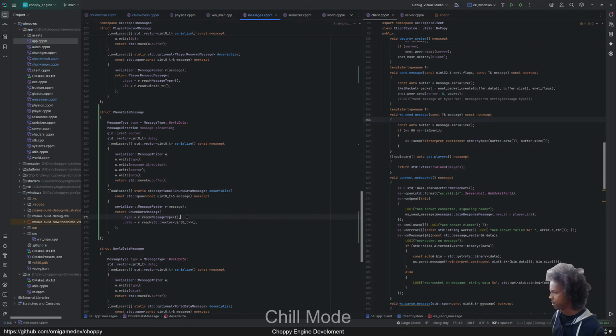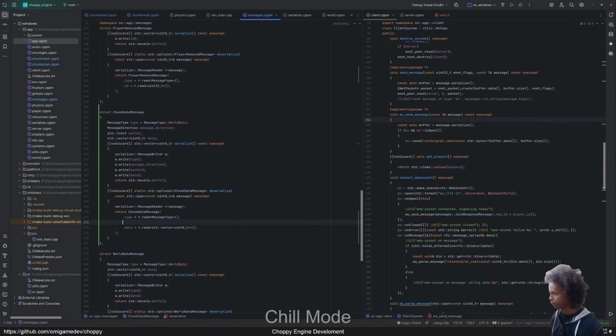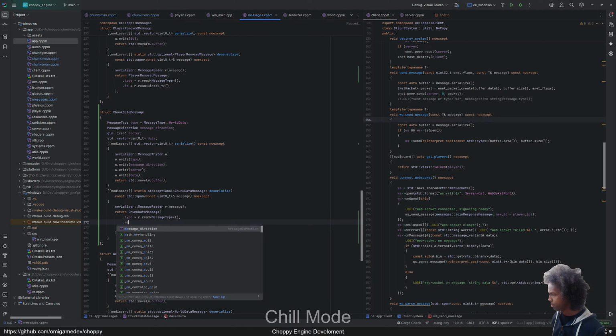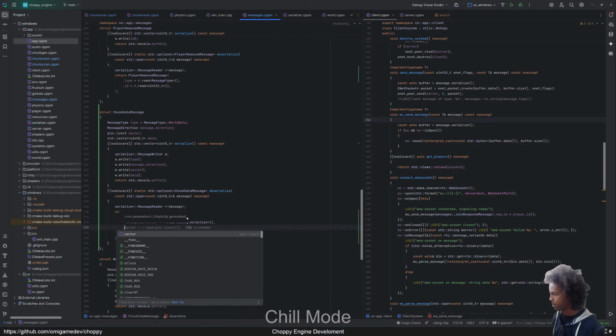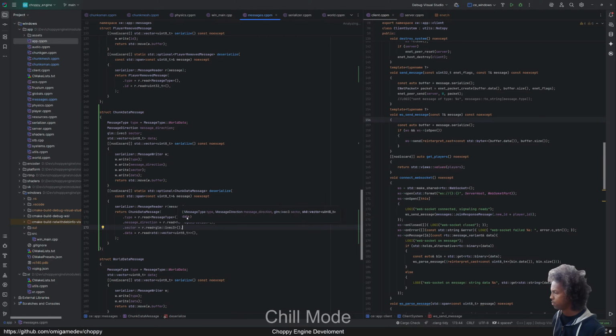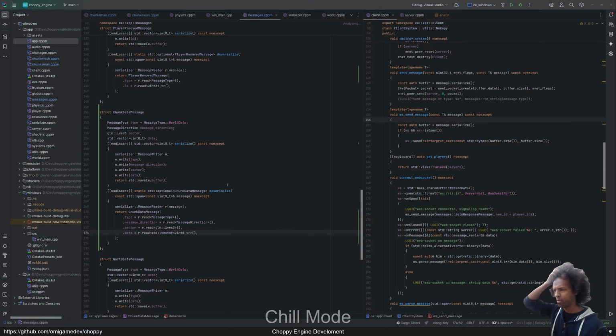And the same for read: the message direction is equal to read, and the type is message direction. Sector, cool, and the data. Great. We have all we need